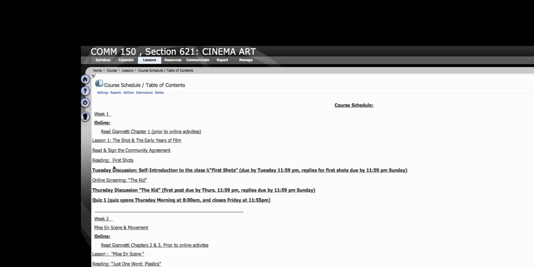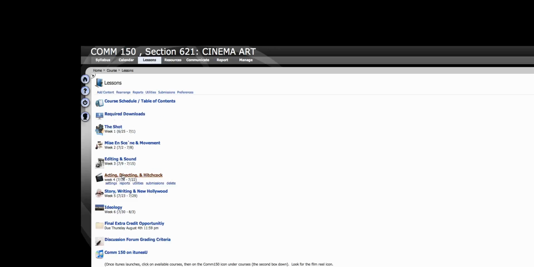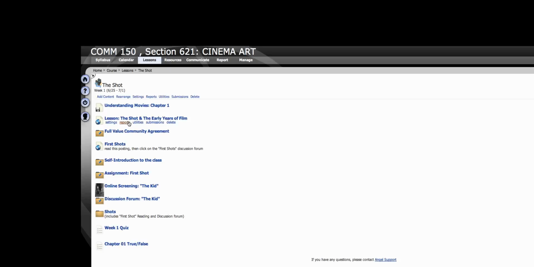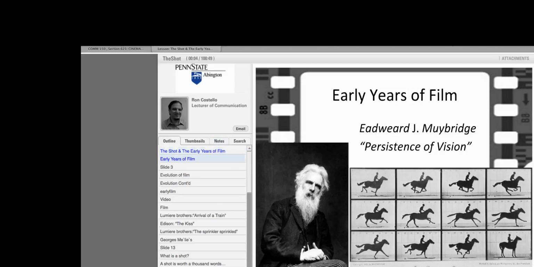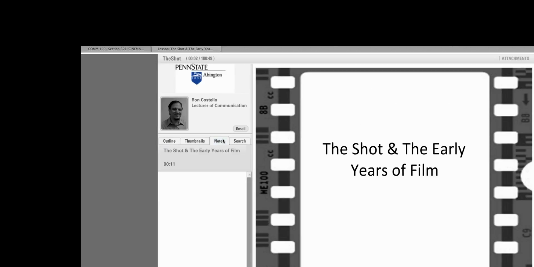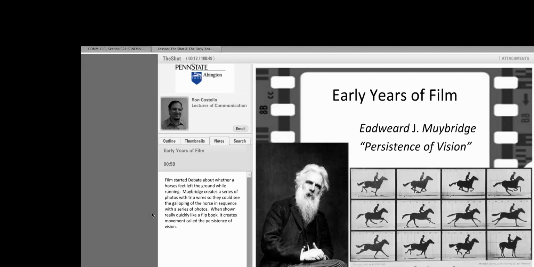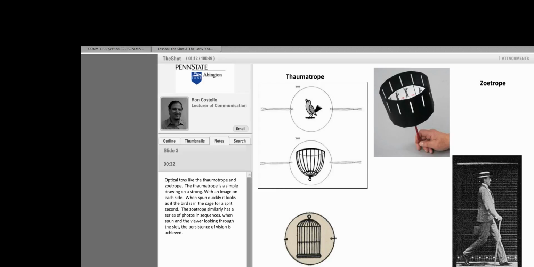Deliverables are in bold. And then everything is organized in weekly folders, so you can see right here. This is your first online lesson. If you don't have the textbook yet, the first chapter is available online. When you go through the lesson, just to let you know, you can go forward, backwards. Over here is the notes. They will give you a text of what I'm talking about in the lectures.